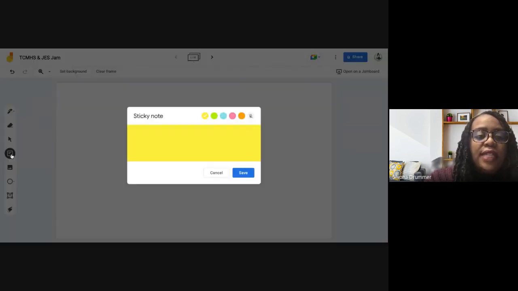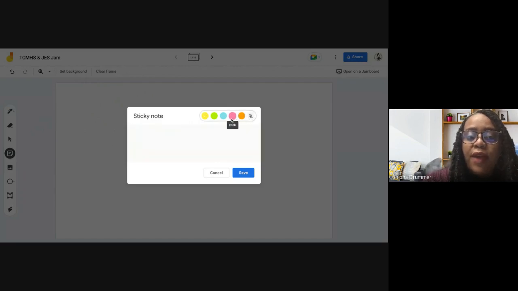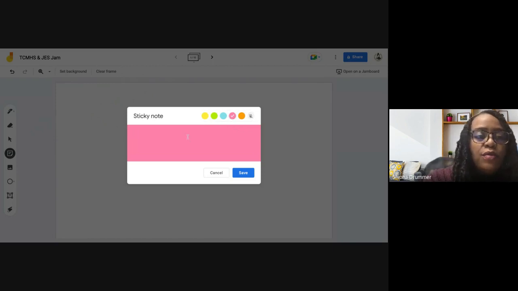I love this next one. These are sticky notes. And you all, if you don't use sticky notes to help you keep things organized, I mean, digital sticky notes, you might want to consider it. But one thing I love is that you can change the color or you can apply no color. All right, so it'll be a clear background. Of course, I'm going to go with this pink. And you could type a note such as,